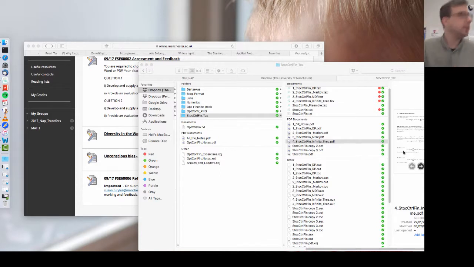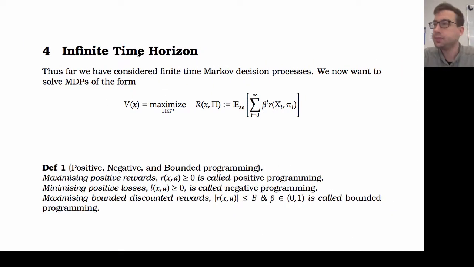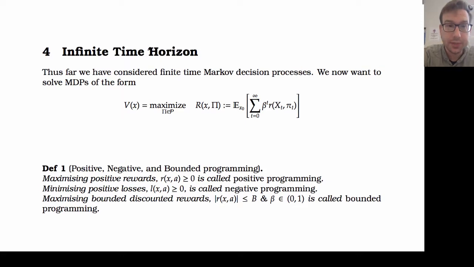Right, so everyone should have a copy, just to double check. Does everyone have a copy of the Infinite Time Horizon notes in front of them? Last chance, if you don't, I've got a set of notes that say Part 4 Infinite Time Horizon. Okay, assuming yes. Great. Okay, great. Right. So, yeah, okay, here we are. Good.